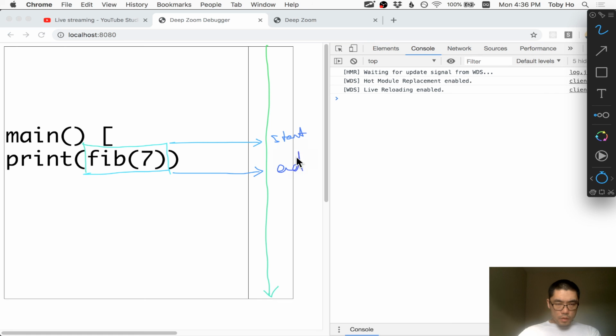However, because this is a syntax element, it's a piece of code within a number of lines of code. If you wanted this to align the timeline, as in if this fib function took a really long time to execute versus another call to it that took less time to execute,